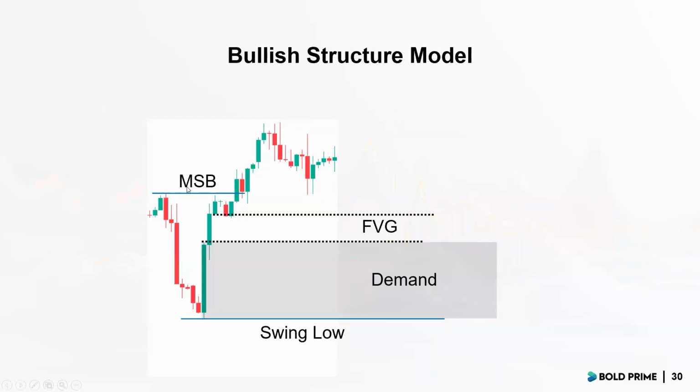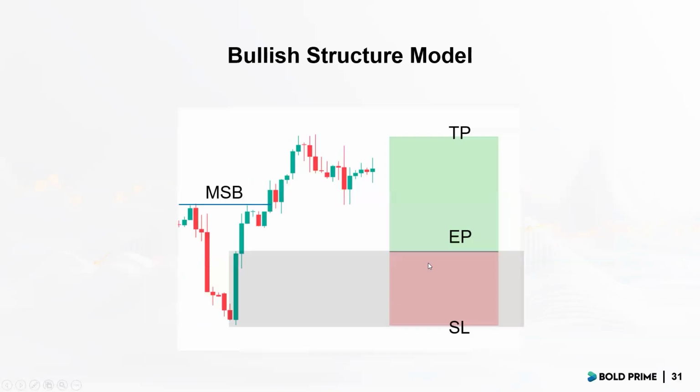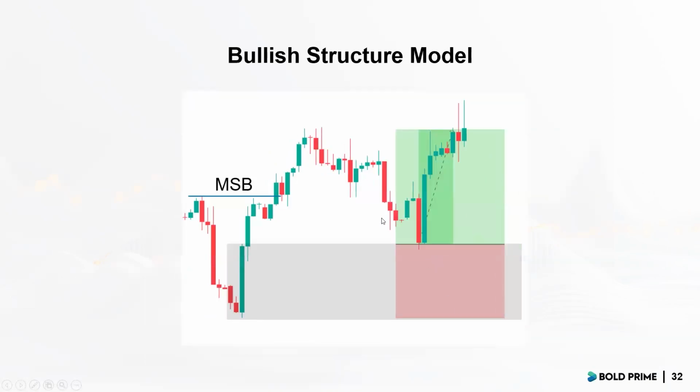This is where you can see market structure break. We have fair value gap. That's your demand zone. Essentially, if the market pulls back, that's where we want to look to buy. Our stop is at the swing low. Our target is the swing high. Okay. So that's the essential foundation of this model. Okay, so we have an entry, we have stop, our take profit, and that's how the market tags in very nicely, moves towards the target and hits it.